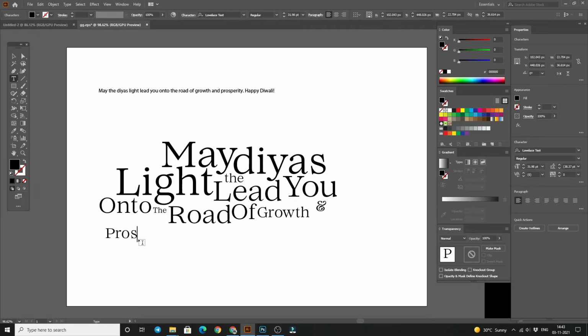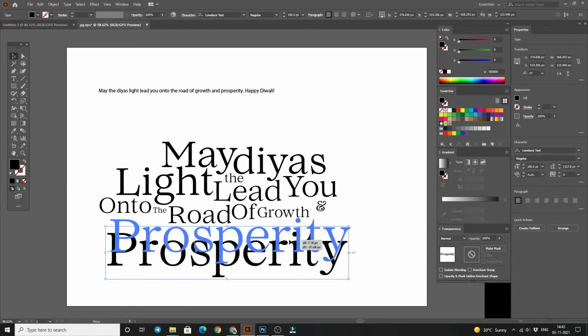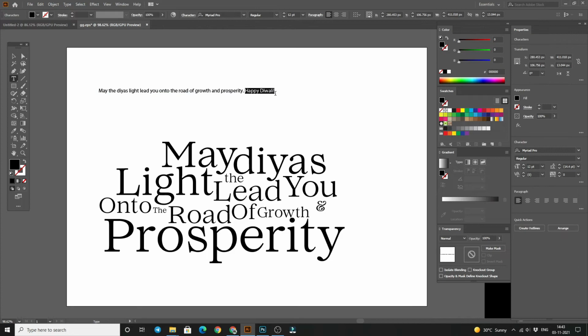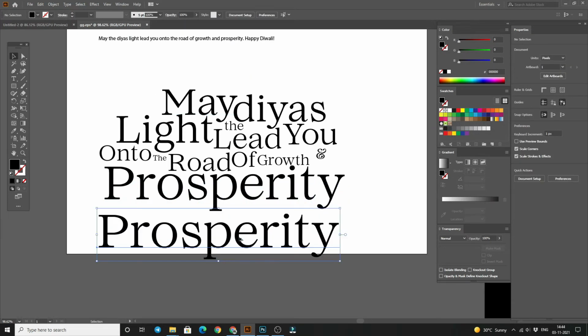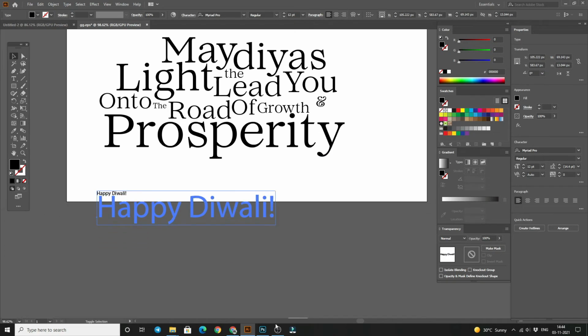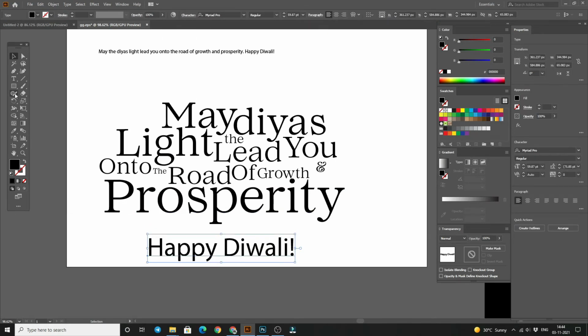Prosperity, and we should increase the size of this Prosperity like this, so maybe it will capture all the things. And Happy Diwali, we can add this the same way without changing the font, like this.